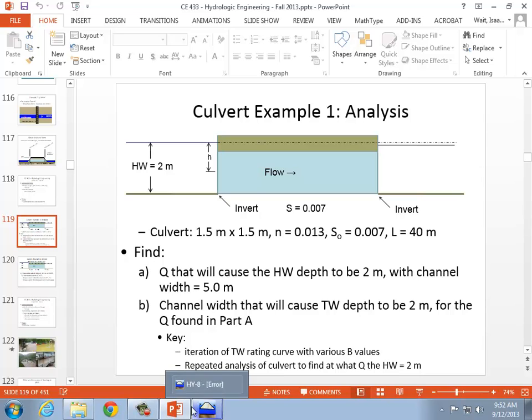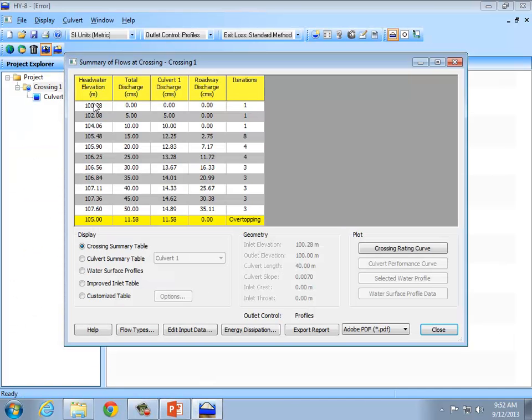And so 2 meters above 100.28. So what we're really looking for is 2.28. And so it looks like the flow, I had it analyze the flow rate from 0 to 50. Well, I didn't need to have that wide of a range